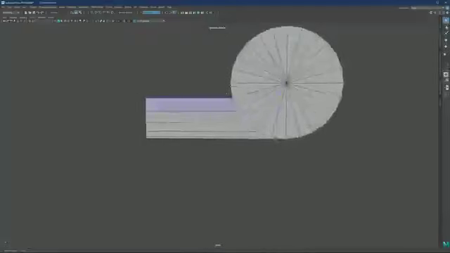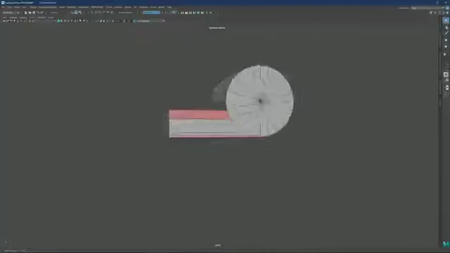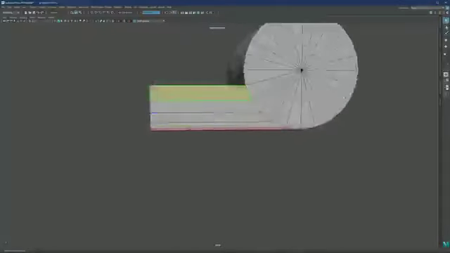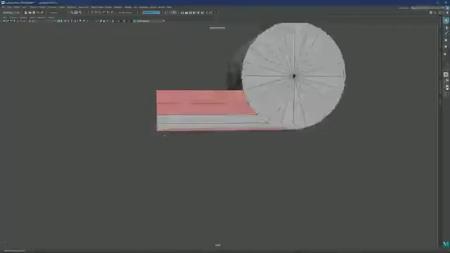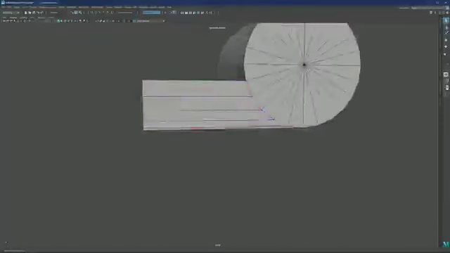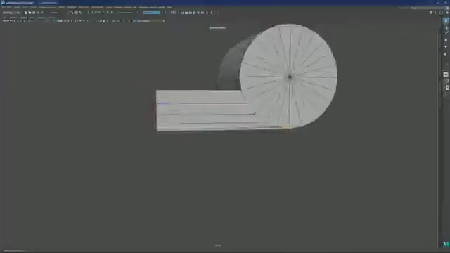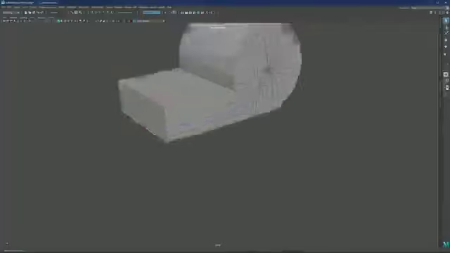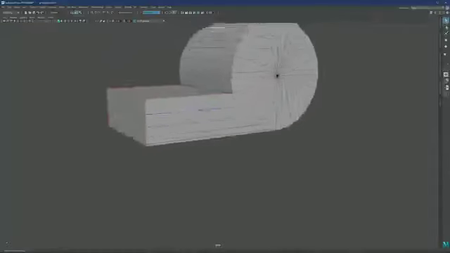We have a problem here where this edge and this edge are not evenly sized. This one is fairly similar to this one, but both of them are fairly different from this one, and we just need to even those out. The reason for that is, if I show you, let's say I want to add supportive edges to this area, so I select these edges.